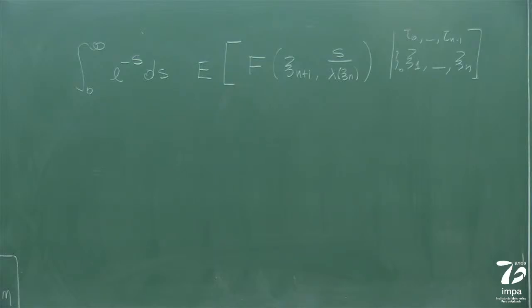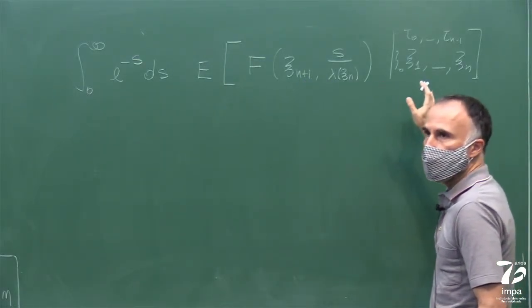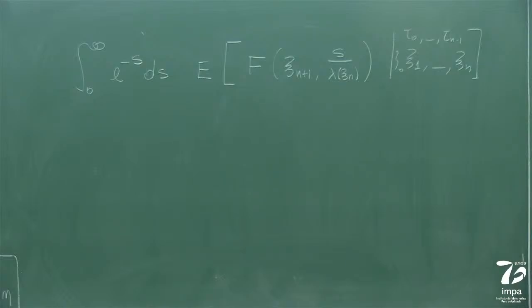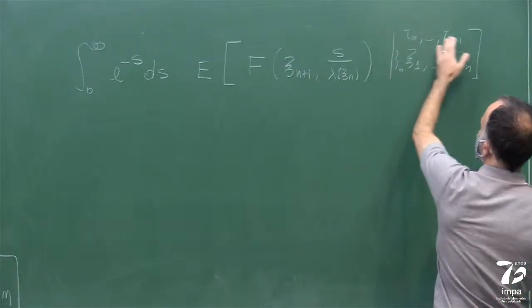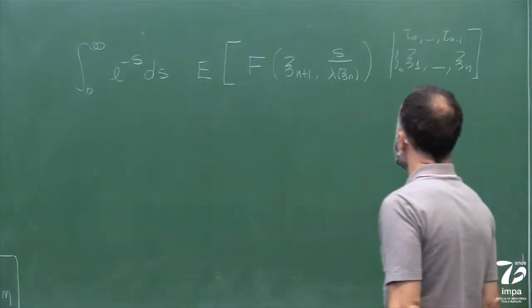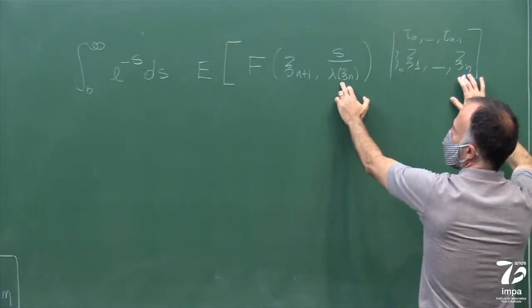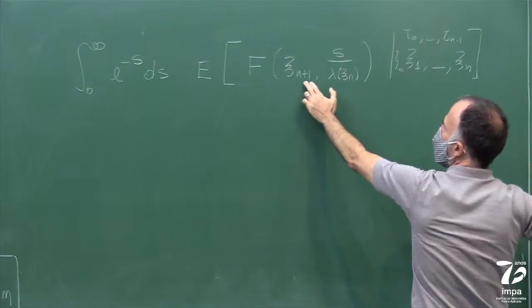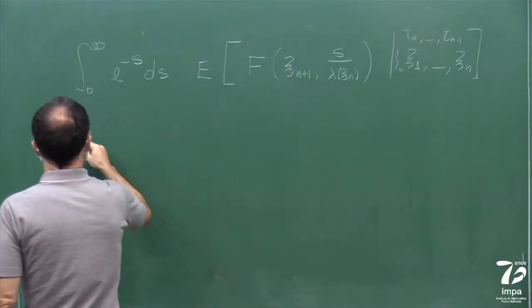But the fact that here you have just psi, and you're taking the conditional expectation, and these xi's are independent from tau, you don't care. And now I can use, well, I'm conditioning on psi n, so lambda of psi n is known. And I know that psi n plus 1 is a discrete time Markov chain. So this is equal